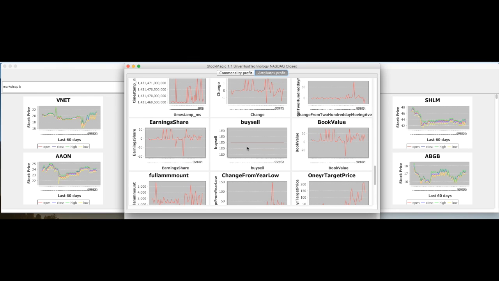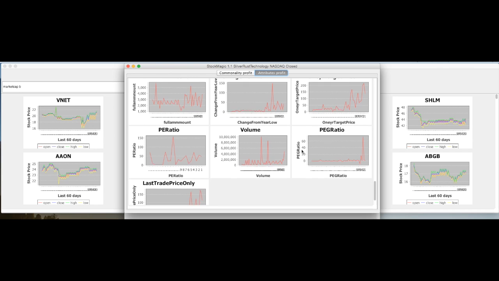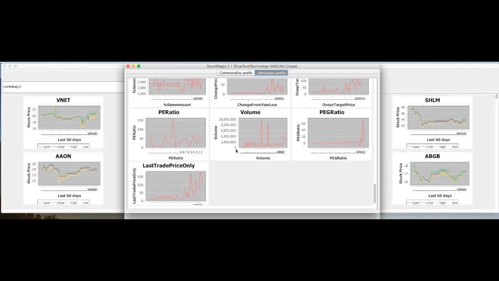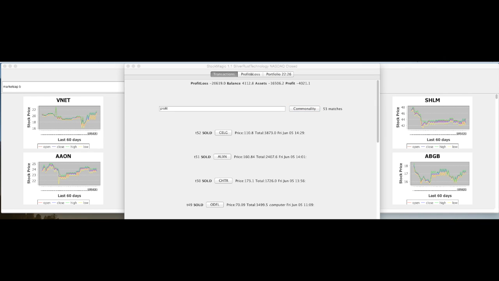Earnings per share, so I can see most of my profitable trades are plus. Full amount, what's the price range I pay for a trade. So it's within $2,000 for me. My volume, well over 1 million. The PE ratio, always positive. When did I make the last trade? So you can find really good